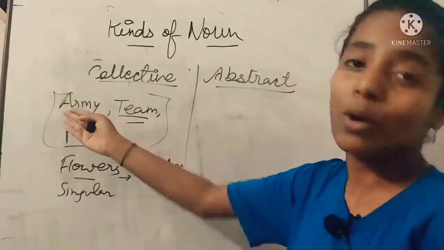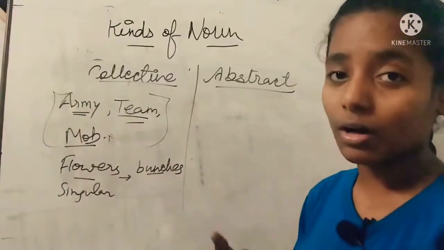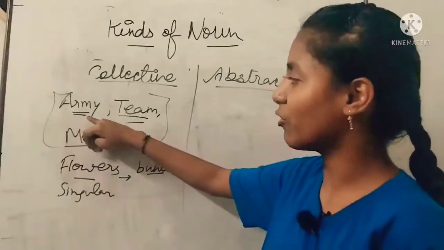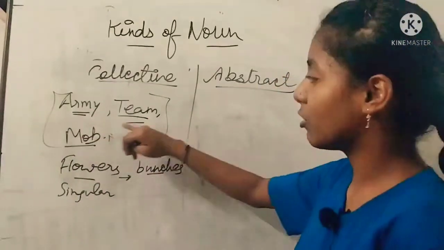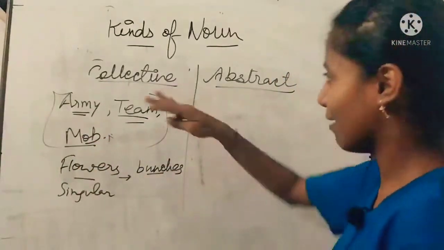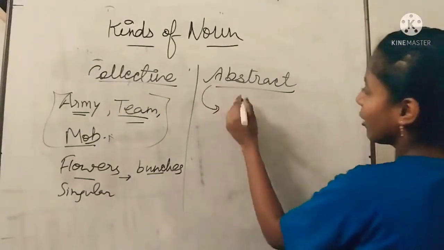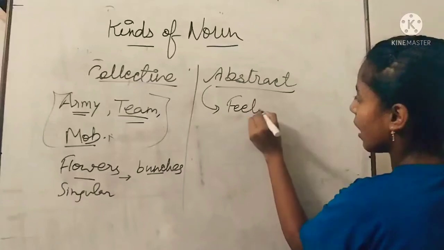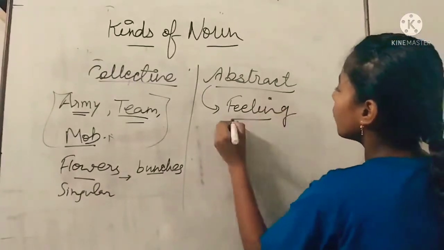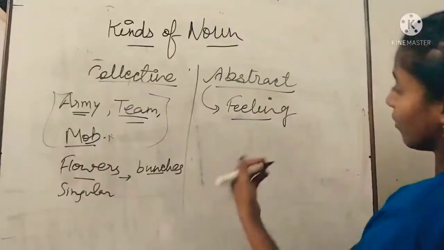The group of people who are fighting against our country, just protecting our country, is simply referred to with the group name as army, as team, mob, as a crowd, and here you have the collective noun phrase. Now let's move to the abstract noun. Abstract noun simply refers to, and can be answered as, the following term: feeling. Feeling, what do you mean? Feeling of